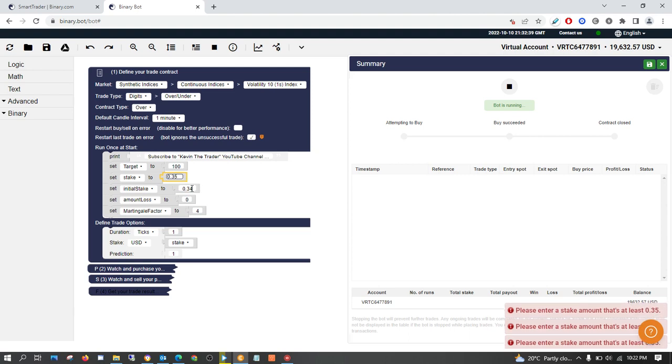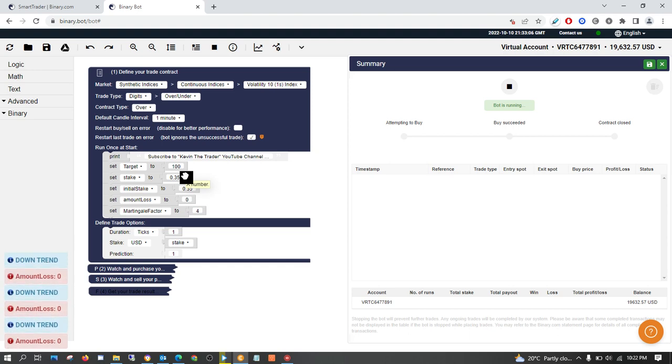So it's 0.35 to whatever amount you want. I'm just going to stop this and start this bot again, and you see that it will now run, because we have reached our minimum stake. So if you have less money in your account, don't start big.